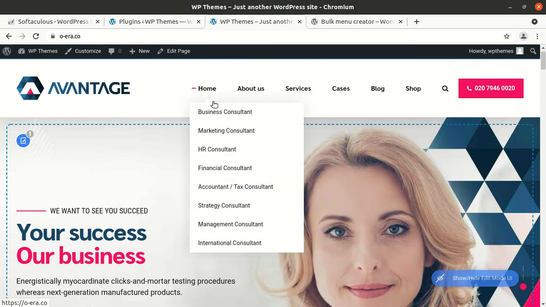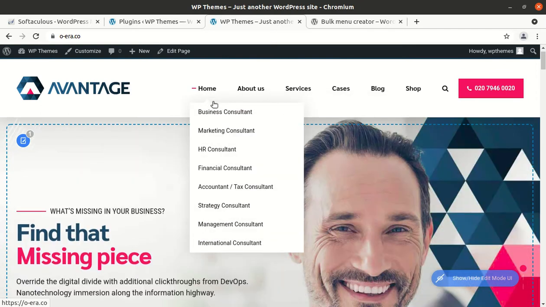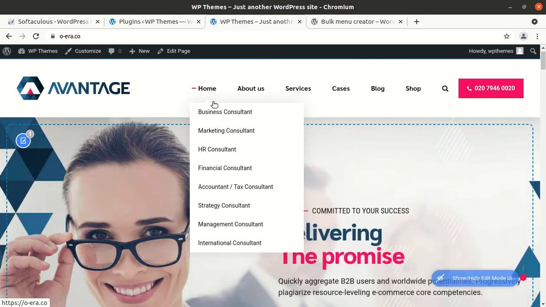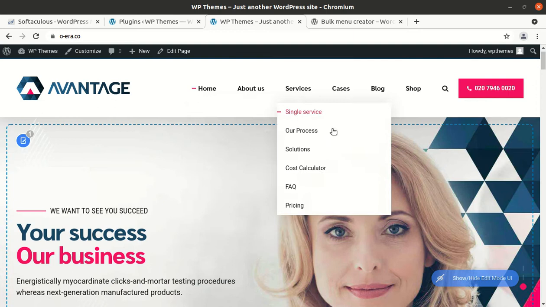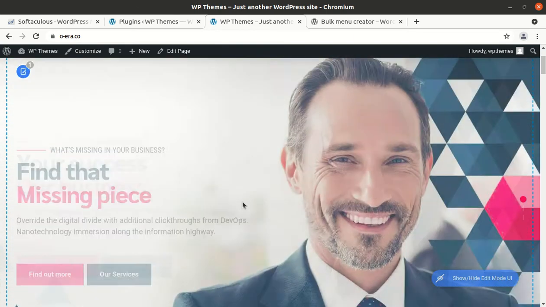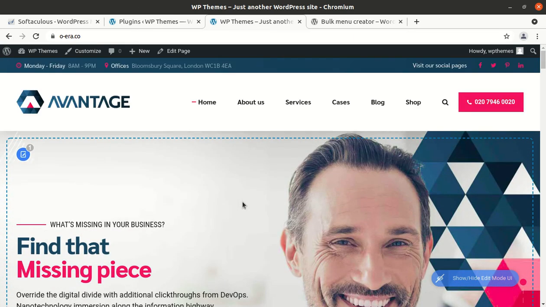So in certain cases you might need to create multiple menus or a menu having bulk items, and as a developer or administrator of your website you always want to save your time, and creating menus always takes time.